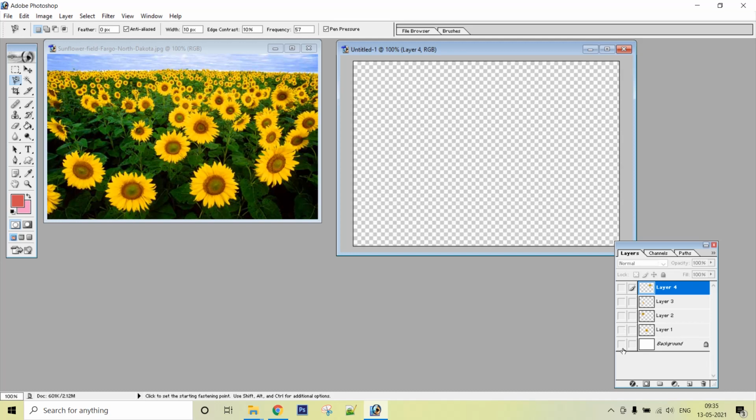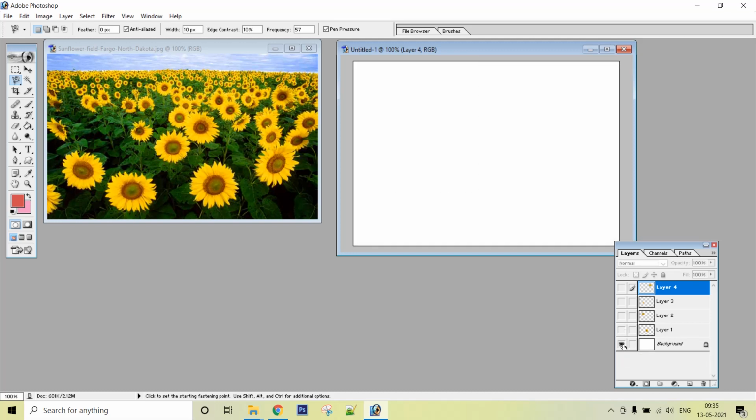As you know, a magic wand is anything which does something magically. So the magic wand tool selects the consistently colored area in an image without tracing its outline. So if I want to choose a specific color in my image, then I can use the magic wand option. Now the magic wand is given here, and here it will be defined with a tolerance value.